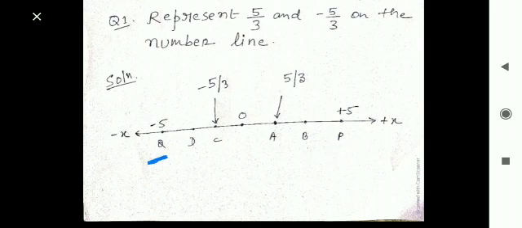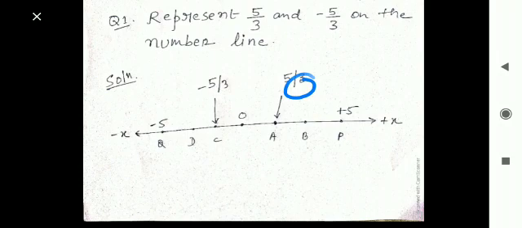See here, I have given the names P and Q. Now what is the next step? Can we say that this OQ is of length minus 5 centimeter or minus 5 unit, or this OP is of length plus 5 unit? Now see, next, what is the value in the denominator? In the denominator the value is 3. So whatever the value in the denominator, we will divide that line into that many equal parts. So here in the denominator the value is 3.